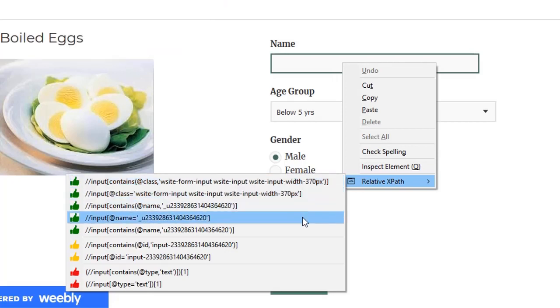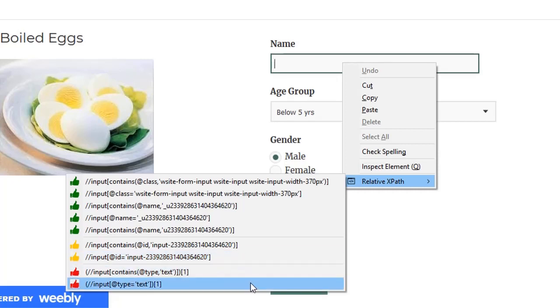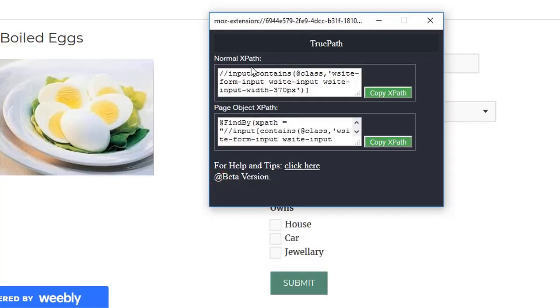Finding Xpath. So it is available by right clicking. Just right click on that element, and here you will see all the possible options of Xpath. You can see the green ones, yellow ones and red ones. Green ones are good to use, yellow are still okay, red ones are a bit risky. So you can choose out of these, and once you click on it, it is also a beautiful feature of